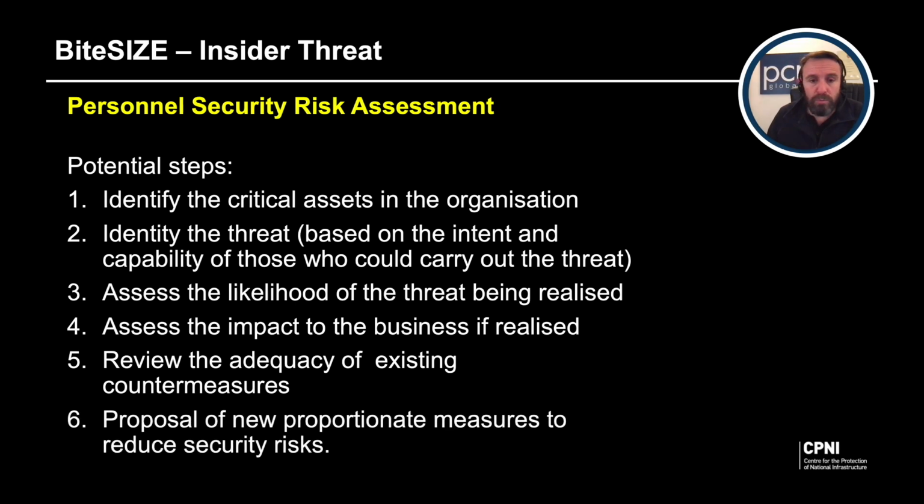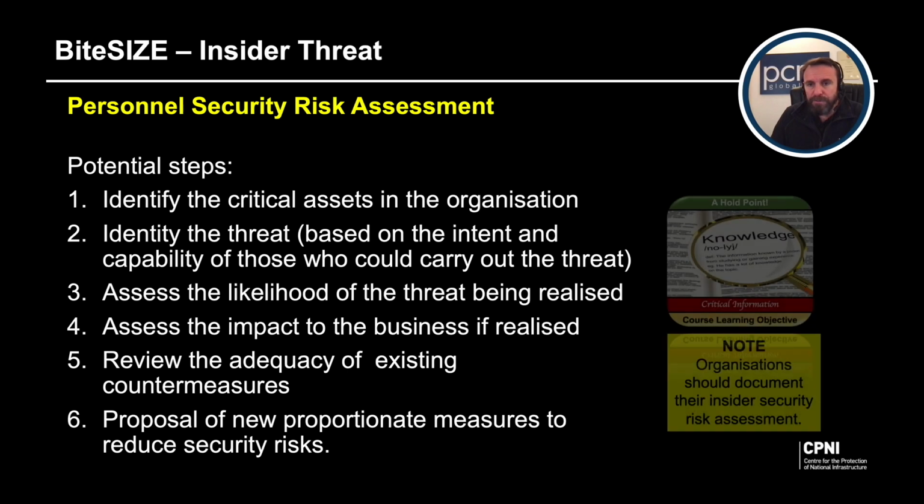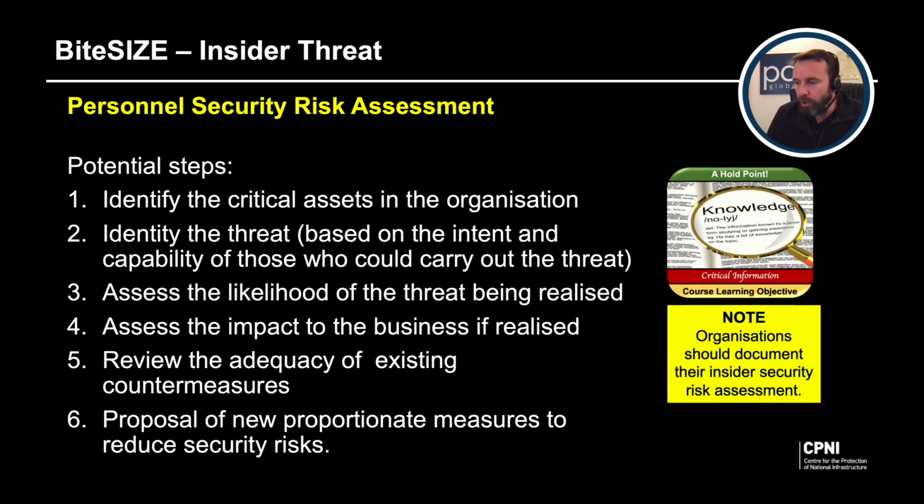And if we need to, we can then propose new, which must be proportionate, measures to reduce security risks. Very often these things get overcooked. When they get overcooked, then we end up with a little bit too much, and then security starts constraining everything. We understand that security must constrain certain things, but ultimately we need to ensure the organisation can breathe. The organisation must be able to prosper.